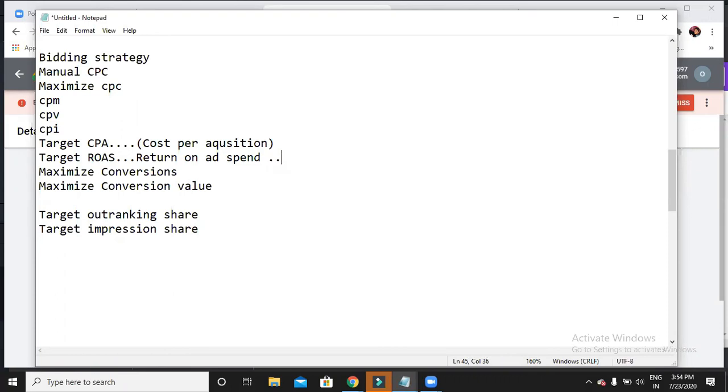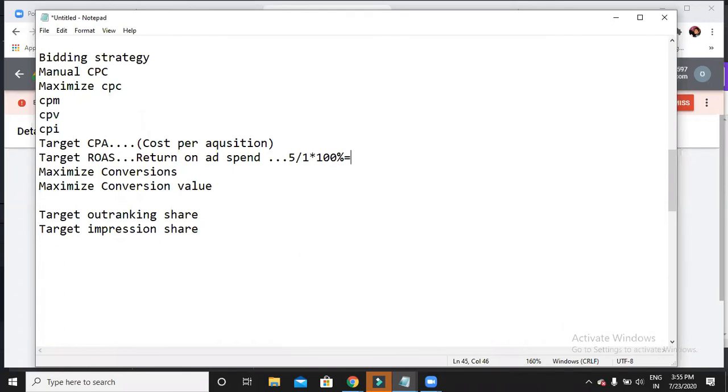Let's say I have spent 1 rupee. The formula is return divided by how much you are spending, into 100%. So how much you are expecting, divided by the amount you have spent, into 100%. So tell me finally how much percentage in return I am expecting here.